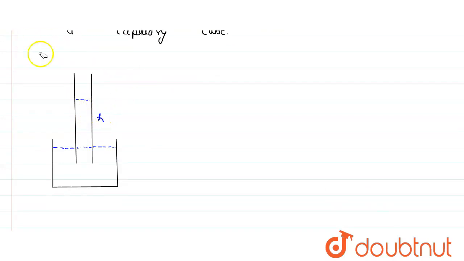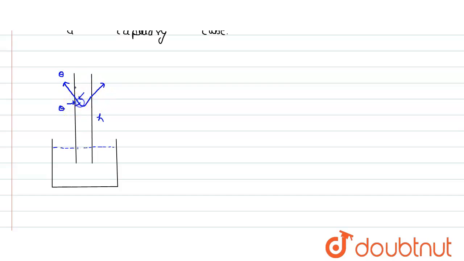Now what is happening at this surface? At this surface the water level would not be just straight, it would have concavity downward, so it would make a curve like this. Now what will happen at this junction, at the interface? There would be surface tension acting like this, and the contact angle is given to be theta. So this angle here is theta.